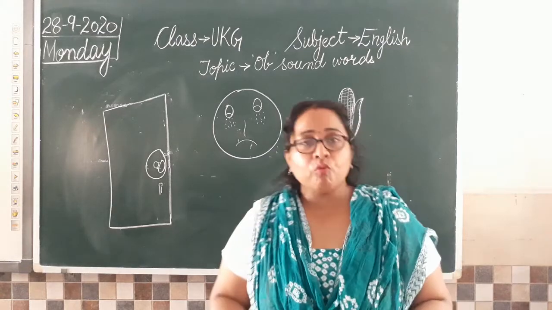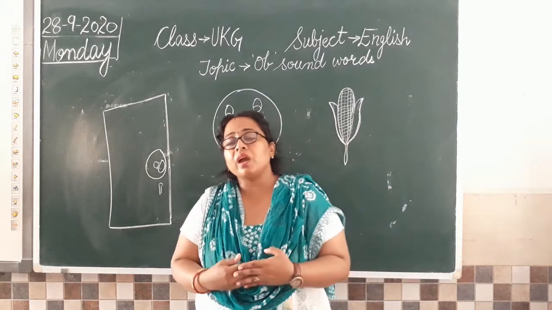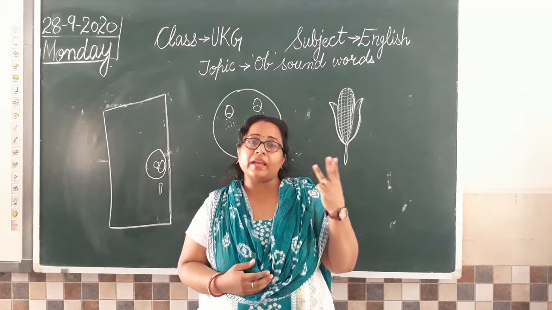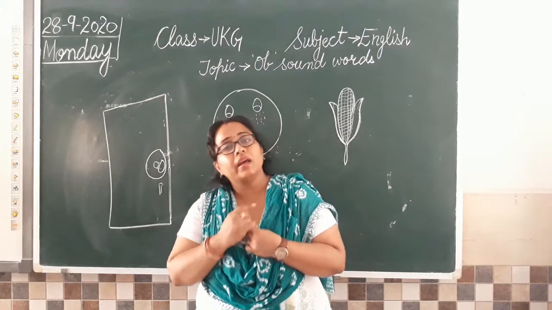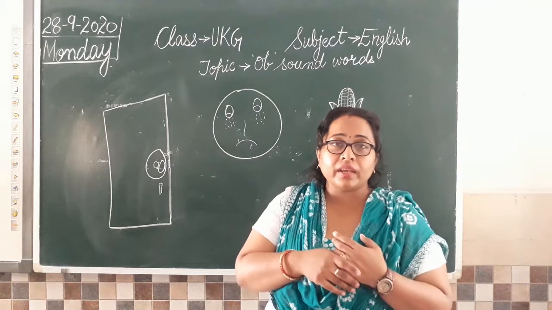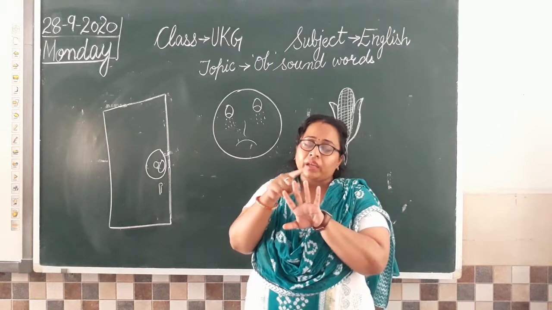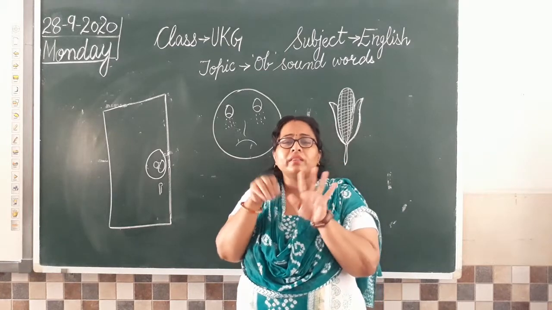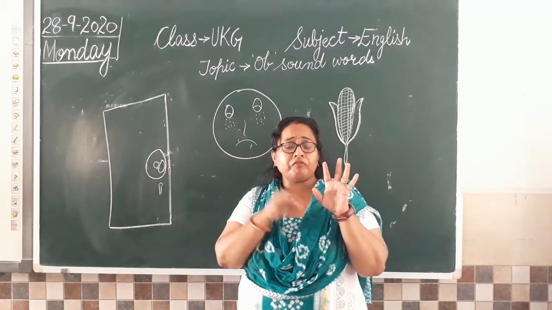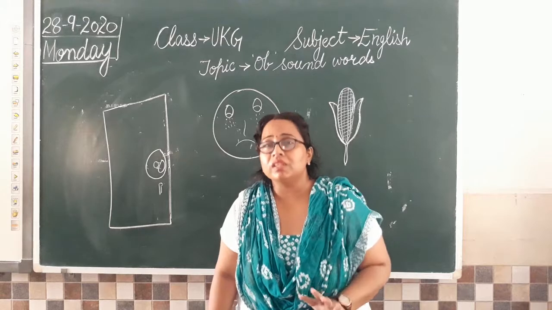Okay. So now moving to the next sound. See which all sounds we have done. A sound, E sound and I sound. So the three sounds are done. Now how many are left? Two more. Which are they? O and U. Now A, E, I, O, U. What are these five? Remember the very beginning I have told you. These are the five vowels.